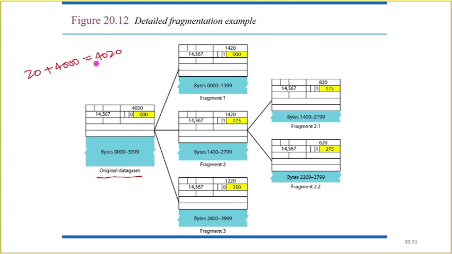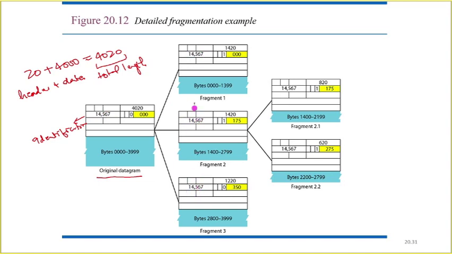This is the total length, header plus data. So header plus data is the total length, and the total length is given by this 16 bit field. So 4020 will be the total length. And this is the identification value. The identification value can be any positive value that is of 16 bit. If it is fragmented, the identification value will remain the same for the